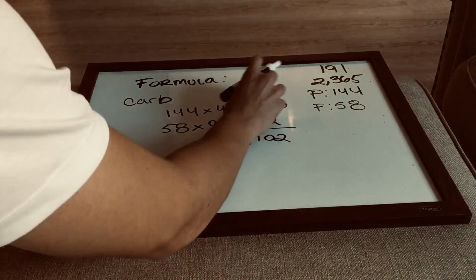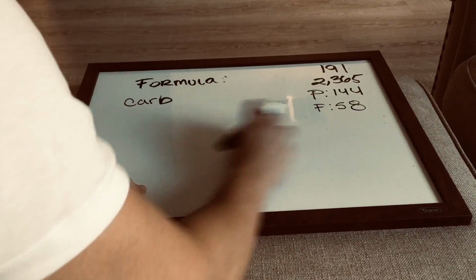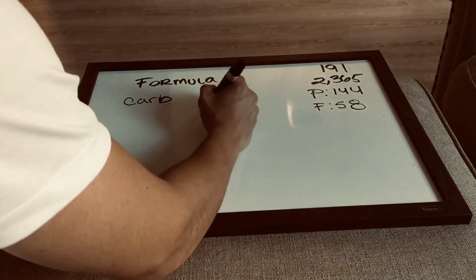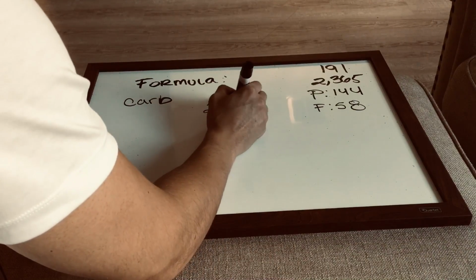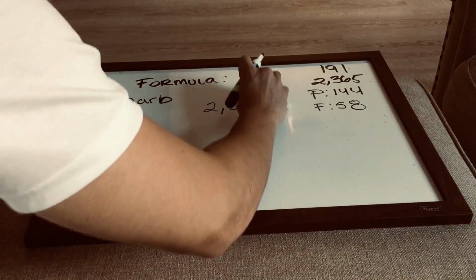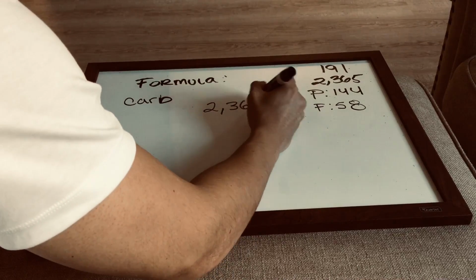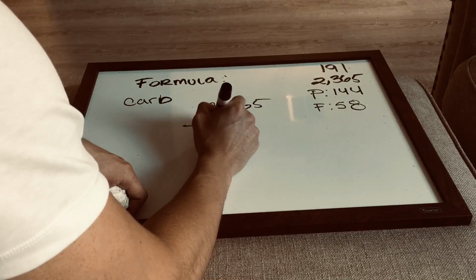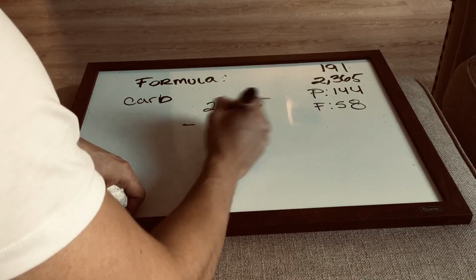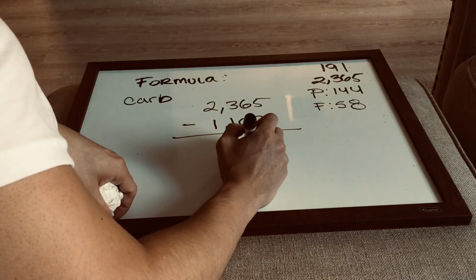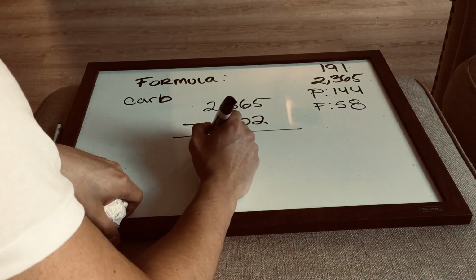So that's everything that we've used up already. We have a total of 2,365 calories to play with. We've already used 1,102 of them using our protein and our fat. So when you subtract those, you get